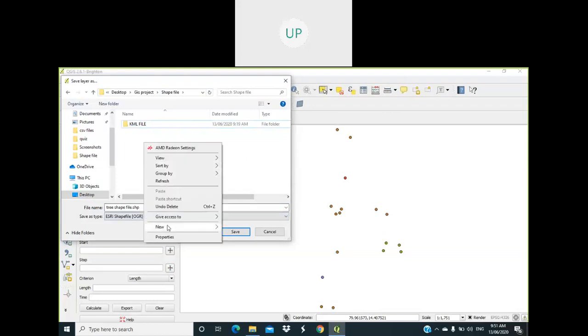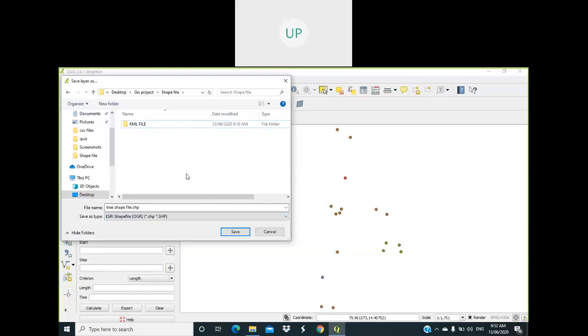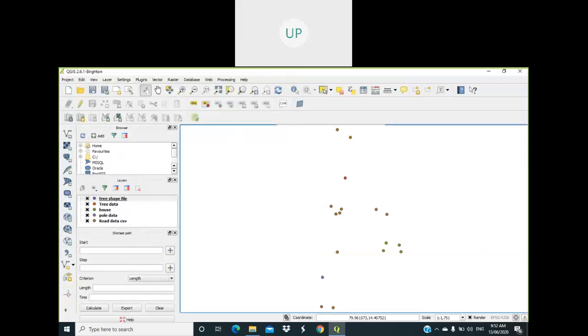For that, create one folder, name it shapefile, save. So here we can see the tree shapefile is formed.